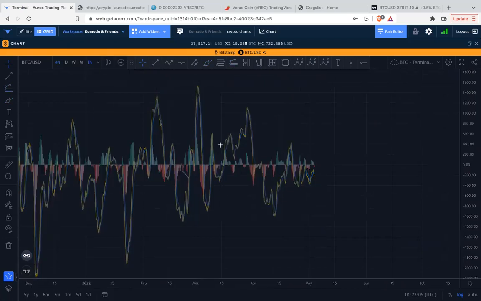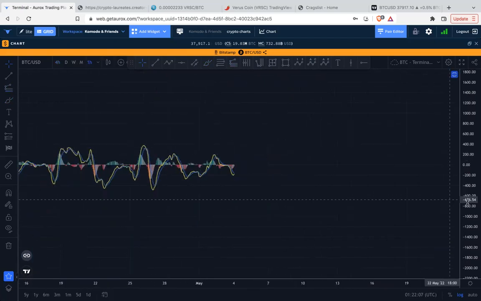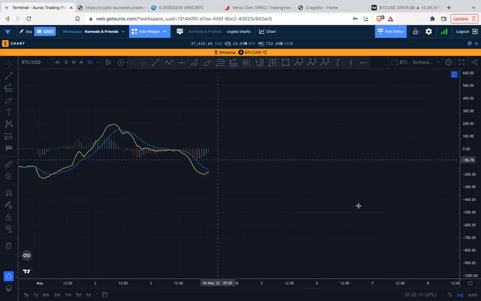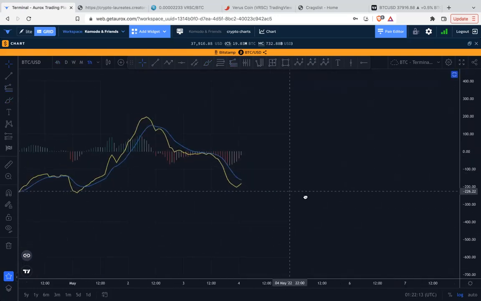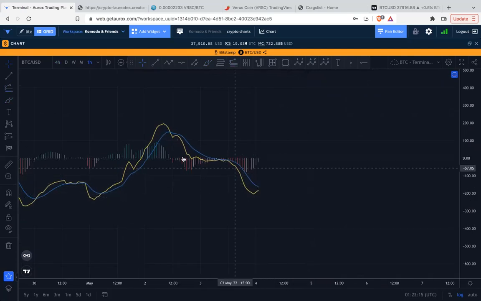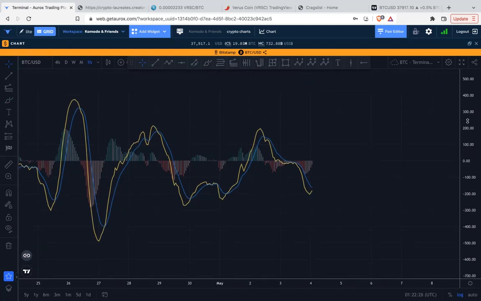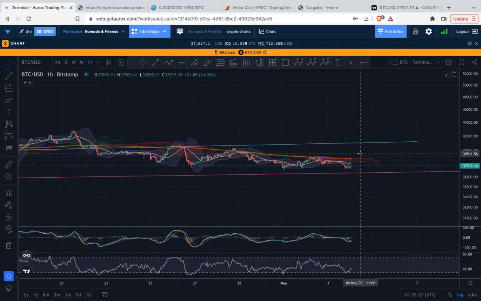Let's take it down to the 1 hour and look here. It looks like you could potentially get a cross. If you get a MACD bullish cross, there's been enough time in the negative that you might get some sort of price move into the 40,000s. Maybe you only hit the high 39s. I guess that's possible too, that it really fizzles.